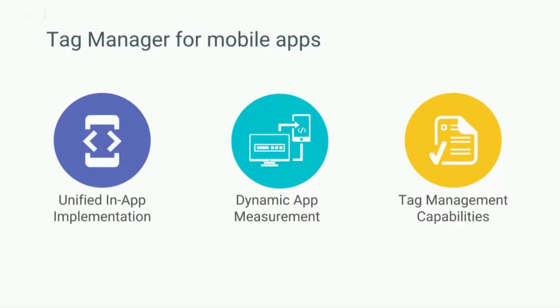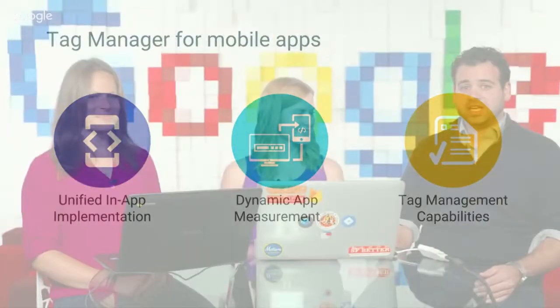There have been things you've had to do within Google Tag Manager, things that have to be done outside of it with Google Analytics. There's specific syntax related to our data layer and events and variables, and the documentation has led people astray more than a couple times. So we've definitely taken note of this and aim to fix it with this re-release of Google Tag Manager for mobile apps. So the way that this is handled now, and we'll show an example of this in a moment or two,